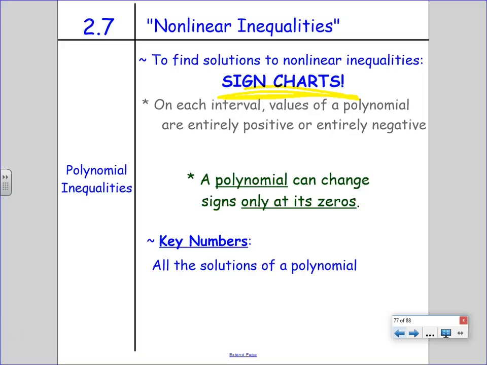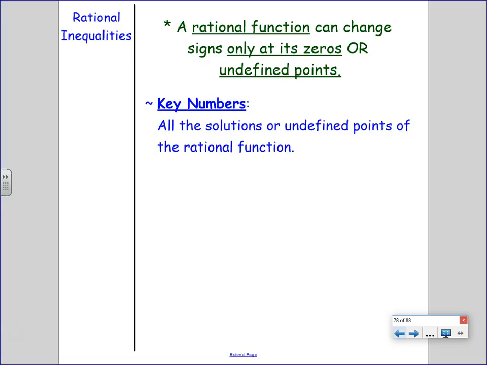Okay, no, it doesn't work. So, how do we solve that with this? We start with key numbers. We say that a polynomial can only change sign, positive, negative, negative, positive, at its zeros, so we start with key numbers. And what I mean by starting at key numbers is you do factor, and that's great, but you don't find the answer just by staring at it all day or just by making these random conclusions like, oh, they must both be negative, less than or equal to 0. It doesn't work. So instead